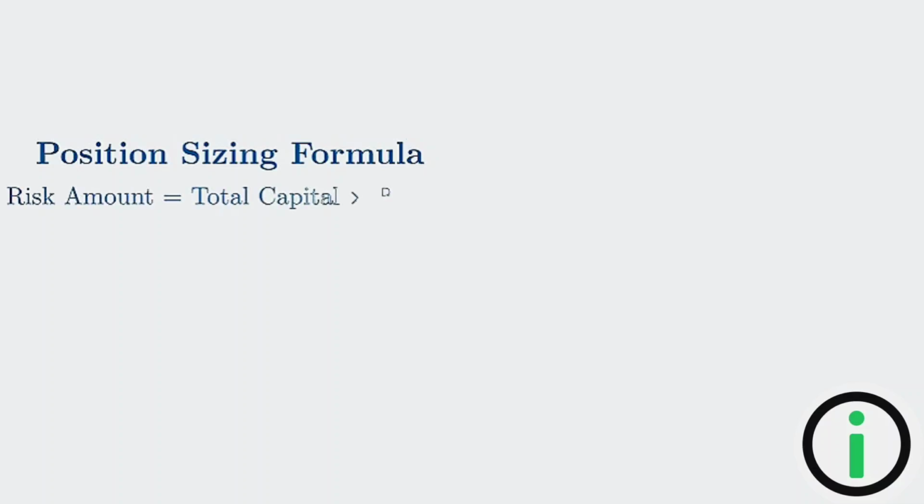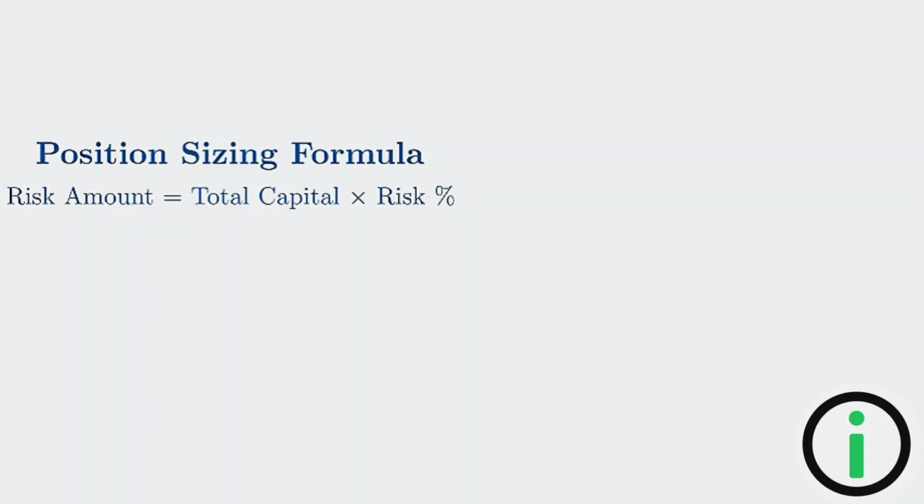The first pillar of any trading plan is position sizing. Many beginners ask, how many lots should I buy? But the real question is, how much capital am I willing to lose if I am wrong? The standard rule for professional traders is to risk only 1 to 2% of their total capital on a single trade. If you have a capital of 1 lakh rupees and you decide to risk 1%, your risk amount is